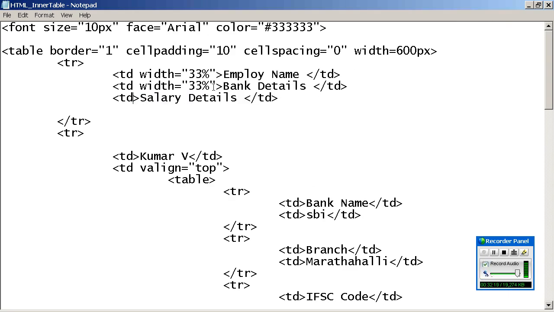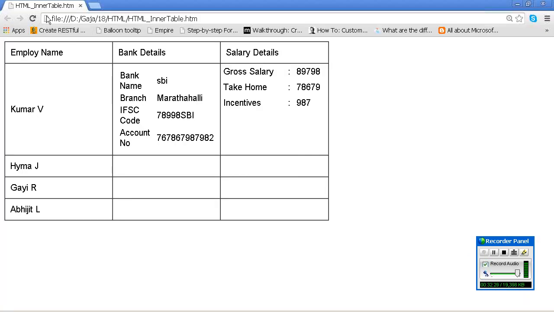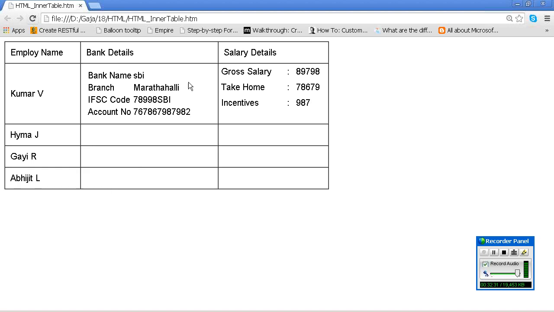Then what will happen? If I fix it, it will stay fixed. If anything is coming extra, then it will be sent to the next line. Now see, it is automatically adjusted. Okay. The first one earlier had 33%. Now it has been reduced, because these two are occupying the width.